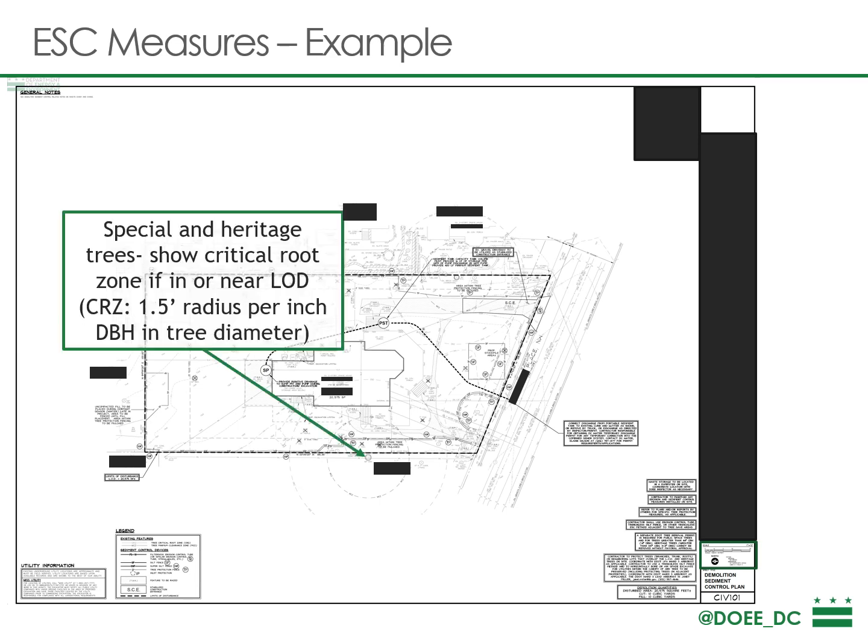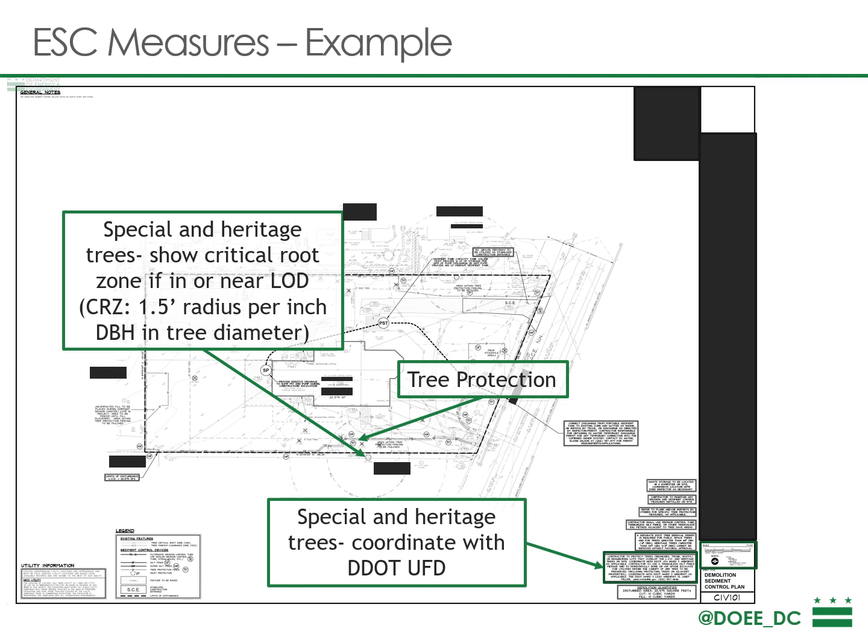One thing you need to show on the plans here is the special and heritage trees. So as we mentioned, you show the critical root zone and the diameter at breast height of the trees. You also have to show tree protection measures. So if there is a special or heritage tree on the site, it's required to be protected. And that's not just protecting the trunk and the branches, that's protecting as much of this critical root zone as possible. If there are trees on site where there is some impact to the critical root zone, you may be